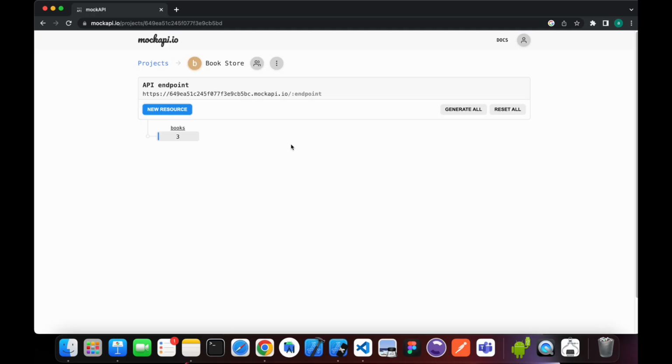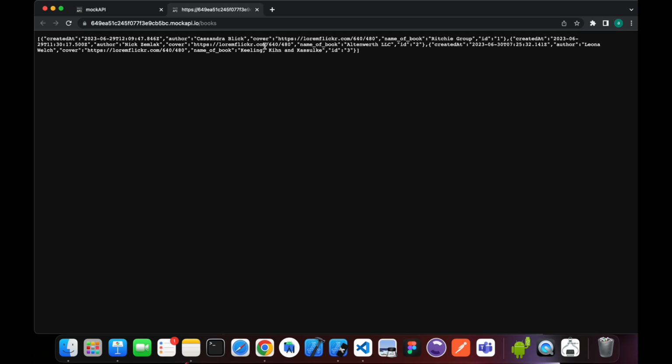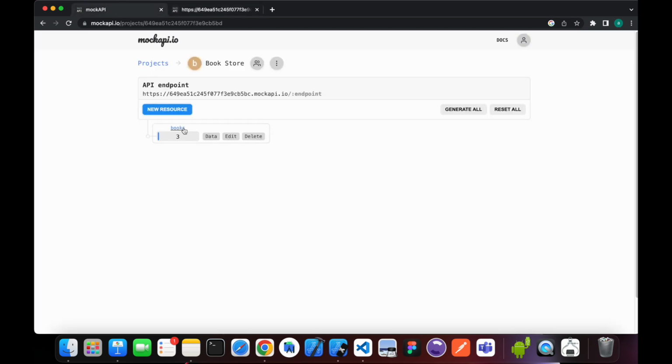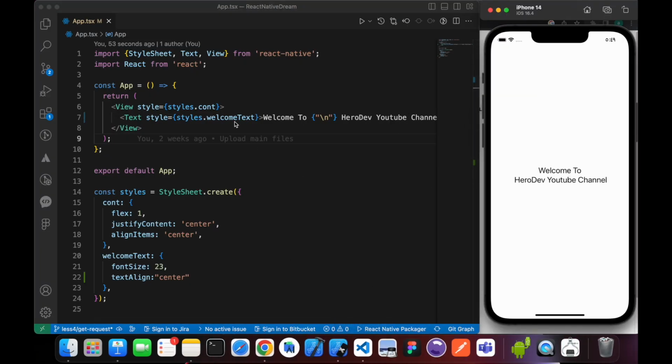Now let's start to make our first request. Let's get those book lists. This array has 3 books. Let's fetch those books. We have here a new React Native project, the simple project. Here in